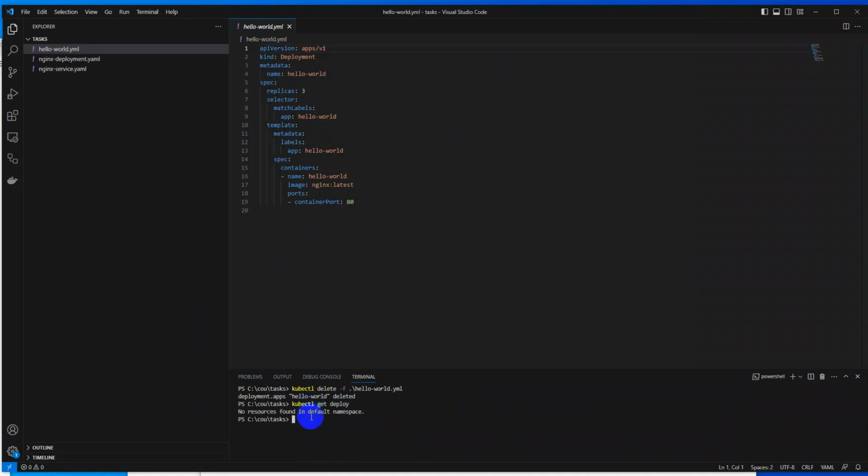kubectl get pods, so not there. Clear the screen. Now I will delete this